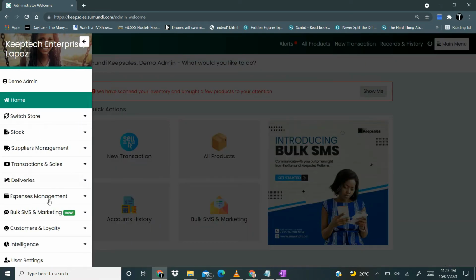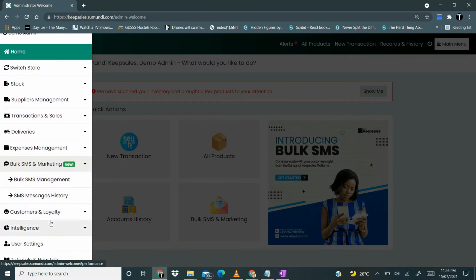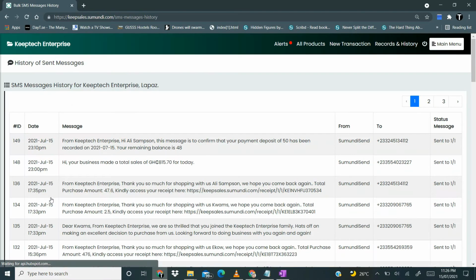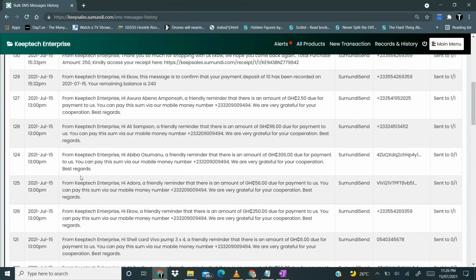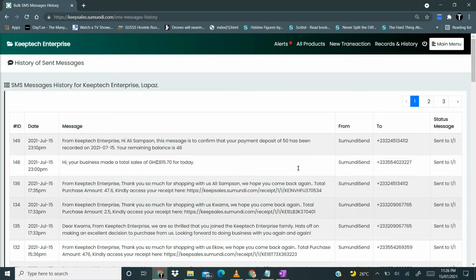When you click on the main menu, you see the bulk SMS and marketing feature over here. When you click on it, there's a drop down, and then you click the SMS message history. Once you do that, you are able to see all the messages that you have sent. So you're able to know